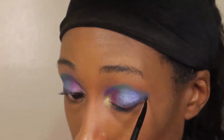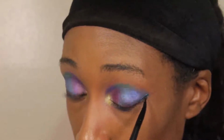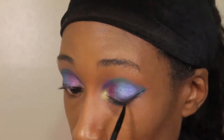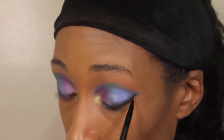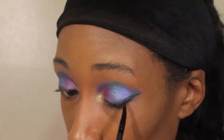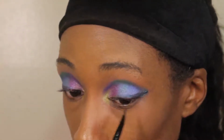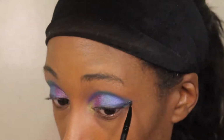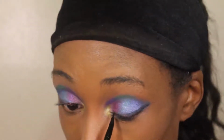But I'm hoping I can just follow the line of the matte shadow that's on the lid. And then we just go from there and wing it out. So far so good. So let's